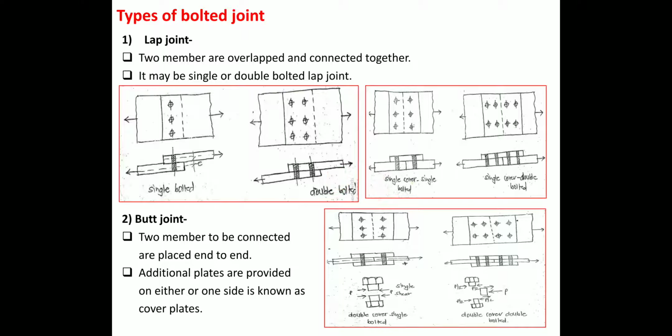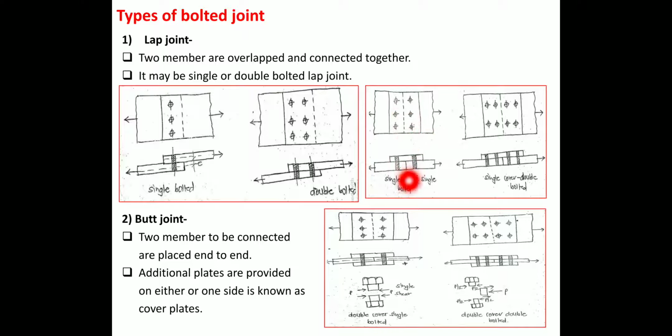The next type of joint is the butt joint. A butt joint is nothing but two members to be connected that are placed end to end. If you see the figure, from the left up to this dark line, the first plate is there, and from the right hand side to this dark line the second plate is there, and they are placed